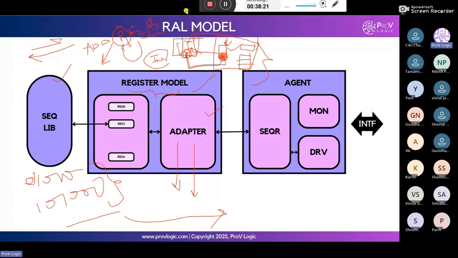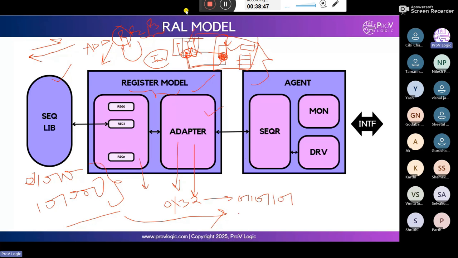Okay, this adapter block exchanges the transactions; it converts the register transactions to bus transactions. Suppose the offset value is 0x32. This 0x32 will be converted to whatever binary value is there for that address.